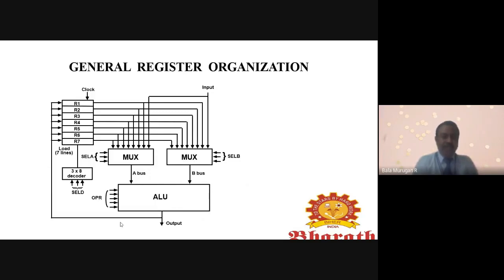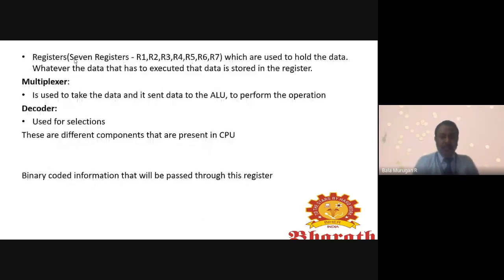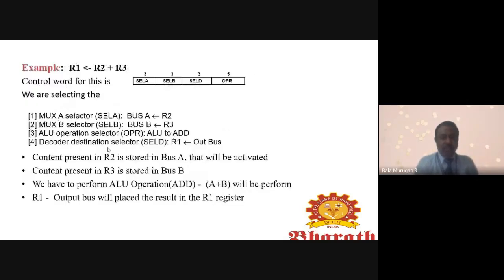Finally, the result is sent to the R1, that is sent to select D. So here, that is the R1 register. The decoder destination selector, that is select D, that is the output. So the output will place the result in the R1 register.